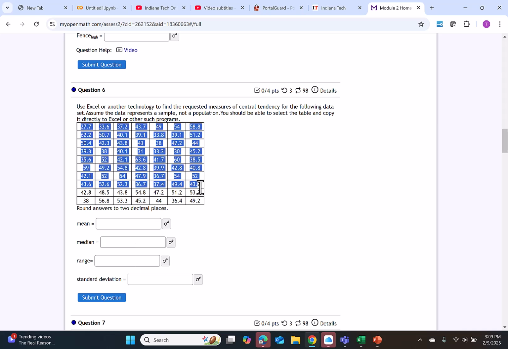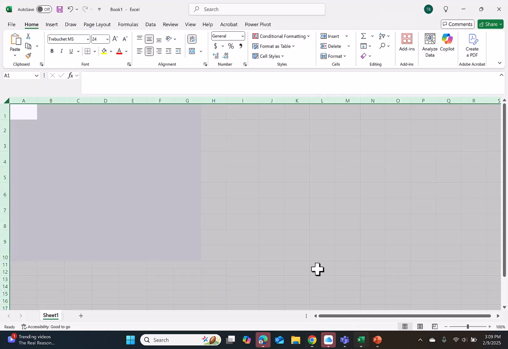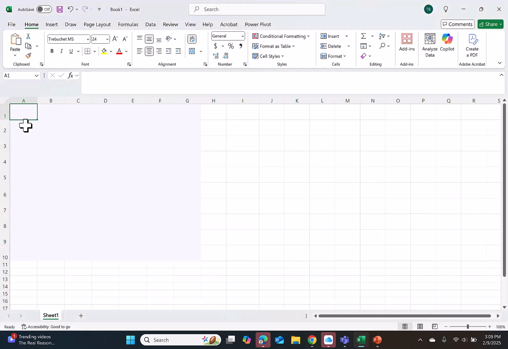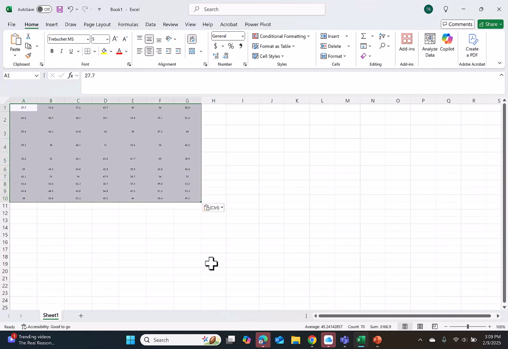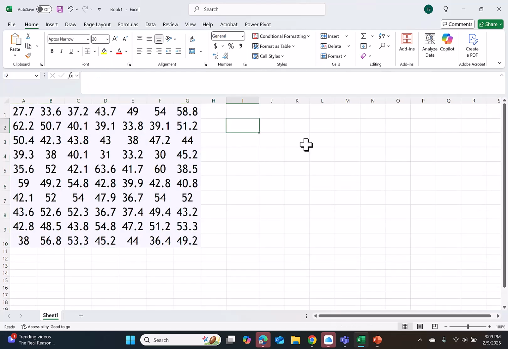I'm going to highlight the data, right-click, copy, then go to Excel, and in the first cell, I'm going to hit Control V to paste. It came in a little small, so I'm going to increase the font. Now I'm just going to write myself a note to say I'm going to find the mean, median, standard deviation,